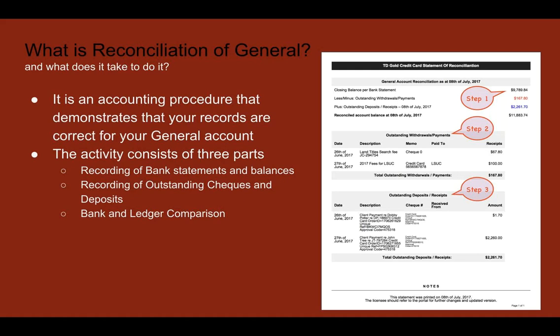Number one, your books are going to be much simpler to handle by the end of the month. You know that you've already reconciled it 3 times on a weekly basis. So when you're in the 4th week, when you're trying to do the entire month, it's going to be nice and clean. And any errors, any